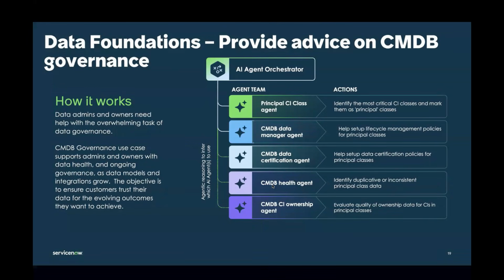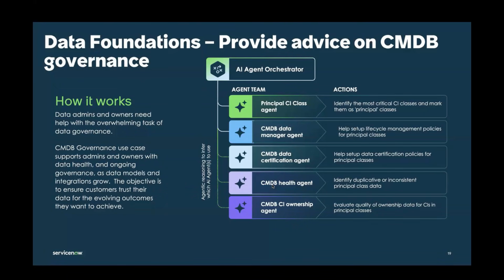And we have a number of things that we provide today out of the box that do require a licensing level, right? So you do have to have a Now Assist license level at some point to use our agents as well. But you don't have to buy our agents directly. So how this really works is that we have an AI agent orchestrator, and we have a number of different AI agents that are provided when you enable the CMDB governance agents. And so this is just an inventory, and I'll describe each one of them,